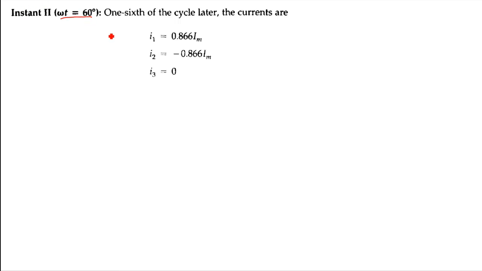Now if I evaluate I1, I2, I3 at omega t equal to 60, I1 will become 0.866 Im, I2 will become minus 0.866 Im, and I3 will become 0, because 120 plus 60 becomes 180, and sine 180 will be 0. So